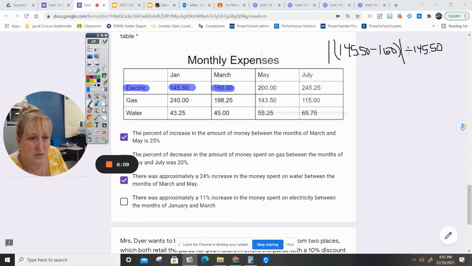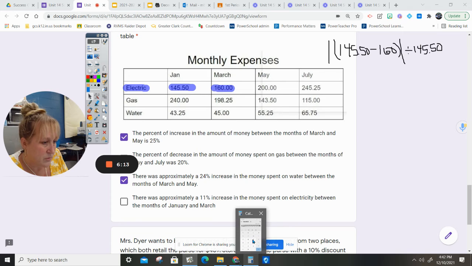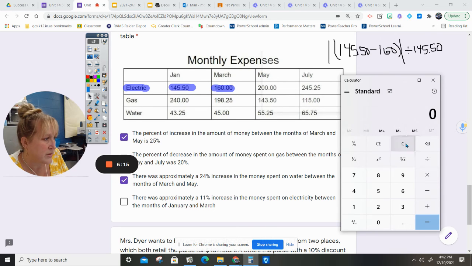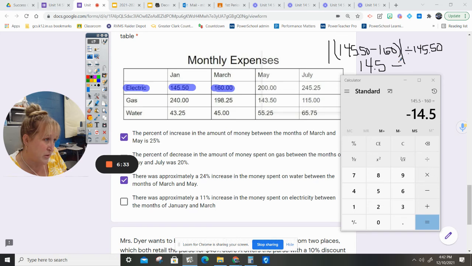All right, let's go to my calculator. Clear, because we already know. Clear again. 145.50 minus 160 equals negative 14.5, which turns into 14.5. And I need to bring down this divided by so I don't forget about it. Divided by